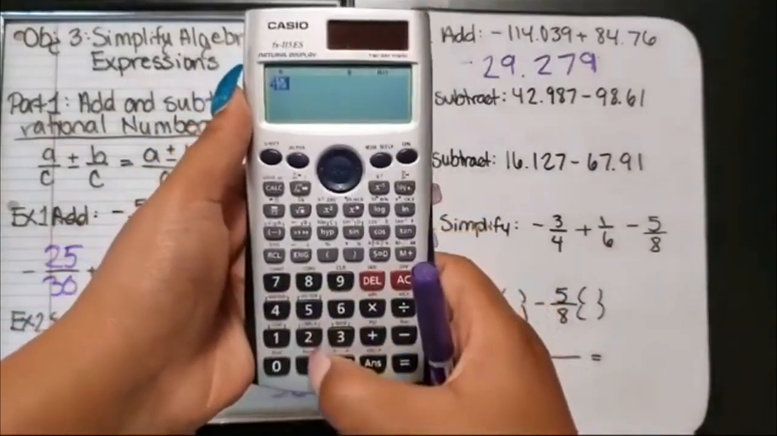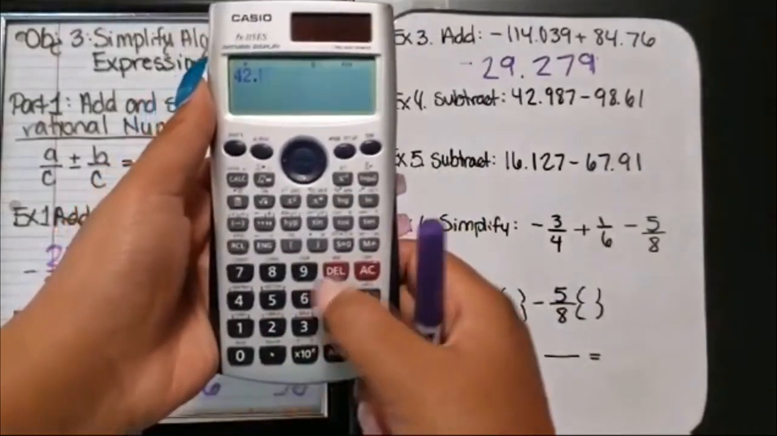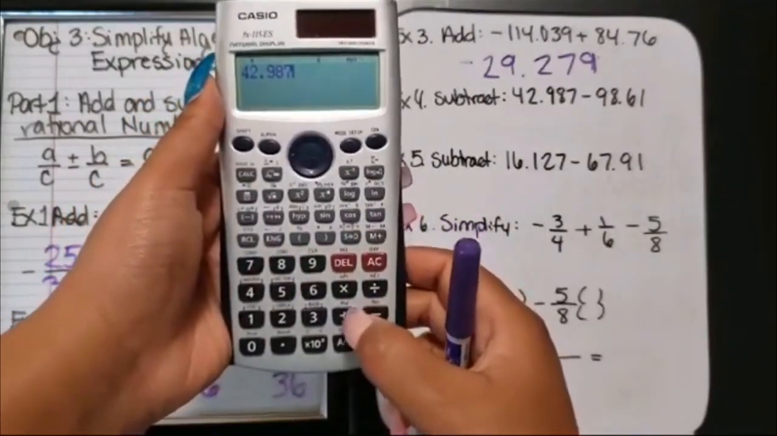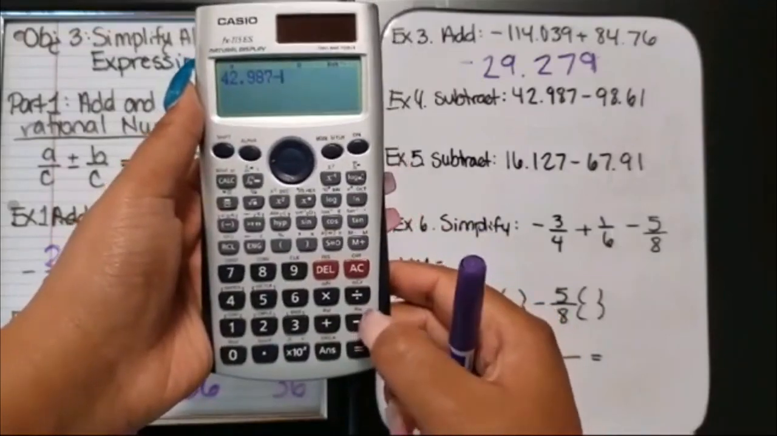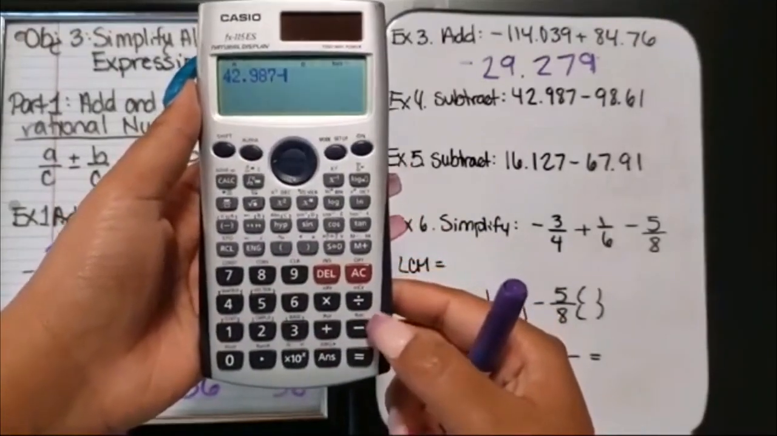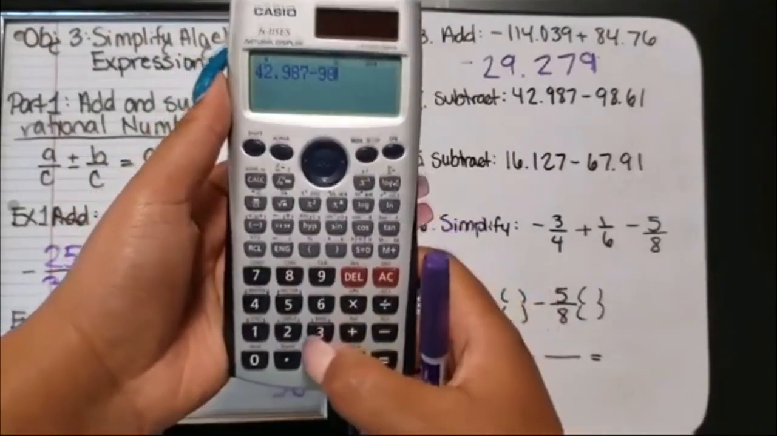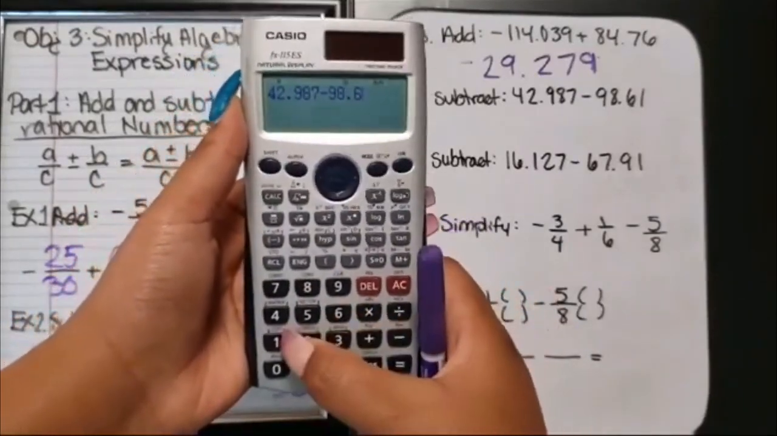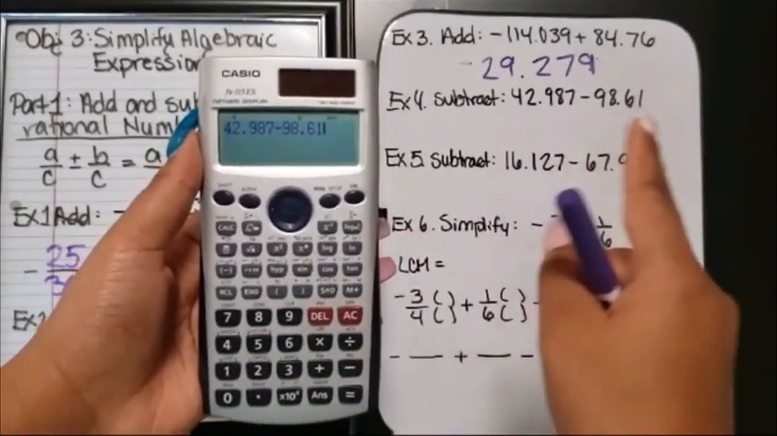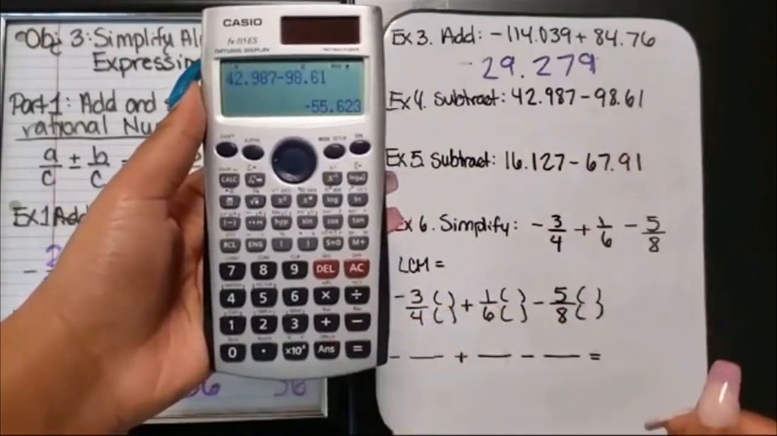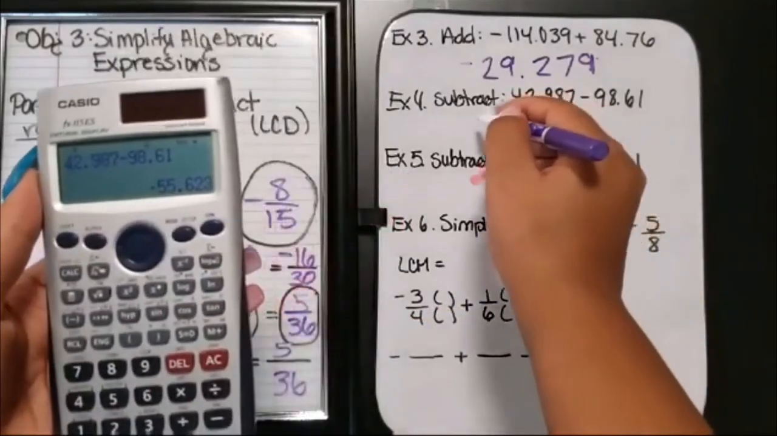We got 42.987, and we are subtracting now, so we need to hit our subtraction sign. 98.61. Always look back and check, make sure it's the same. Hit your equal sign, and we got negative